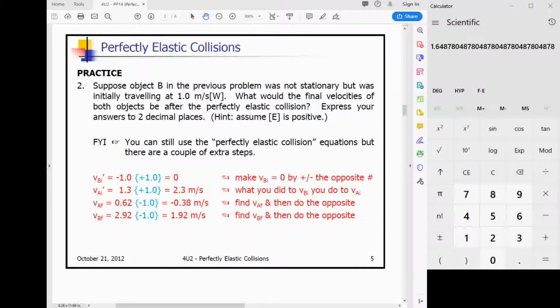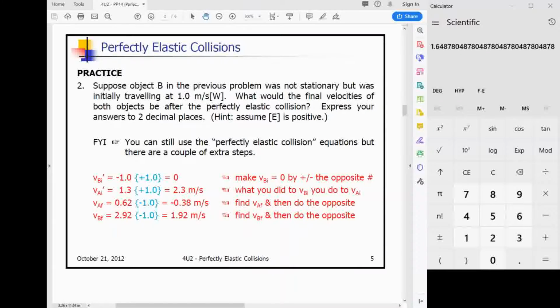We could still use our perfectly elastic collision equations, but we need to do something first. We need to set our VBI to 0. To do that, we need to add the opposite velocity to it. So if it's traveling 1.0 meters per second west, we're going to add 1.0 meters per second east to that to make